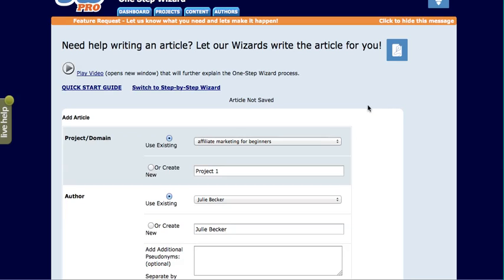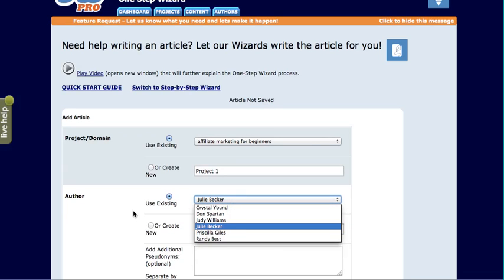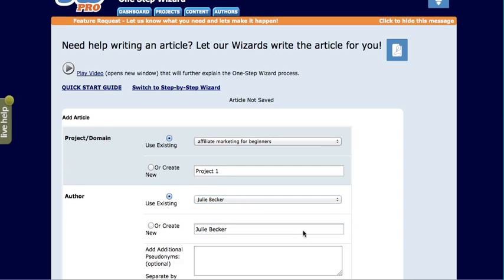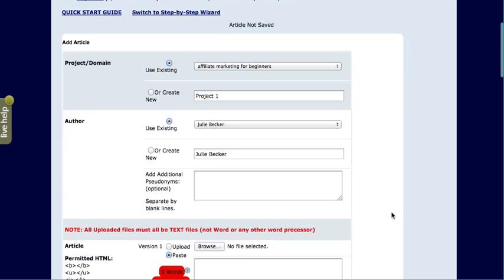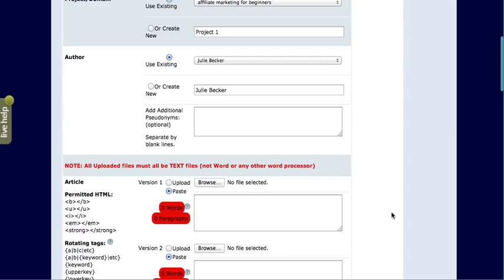I use it for a lot of different things, but I use it a lot for creating articles for things like this, for tools like this. All right, so I've got several different projects. I can create a new project. This is like an article on my main domain. I've got authors. I've created multiple authors in here, and anyway, you can go ahead and pick an author, and then you can go ahead and